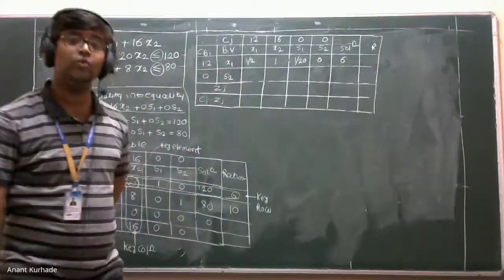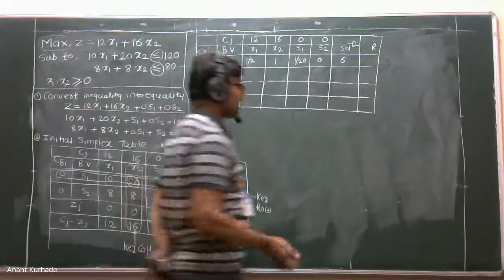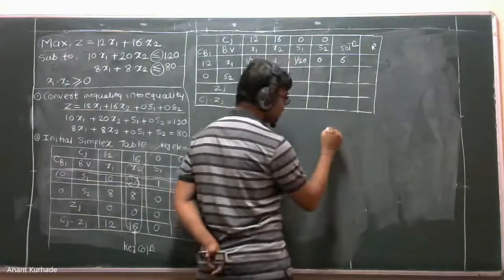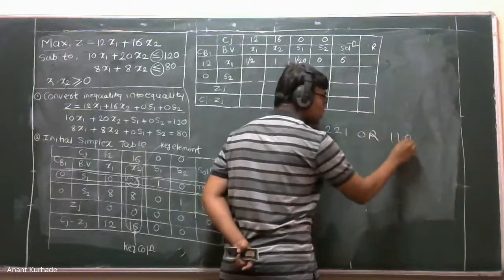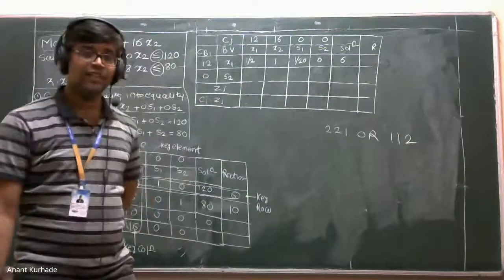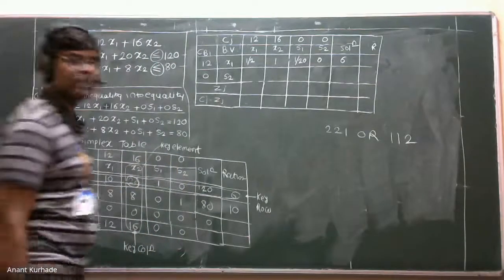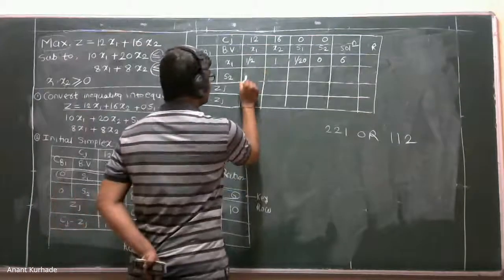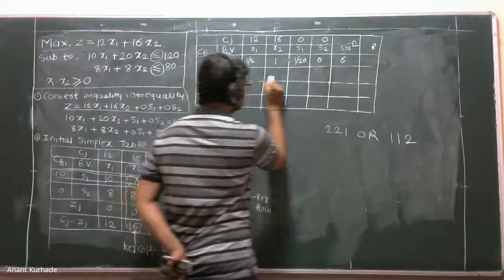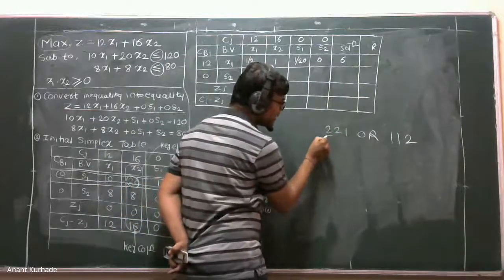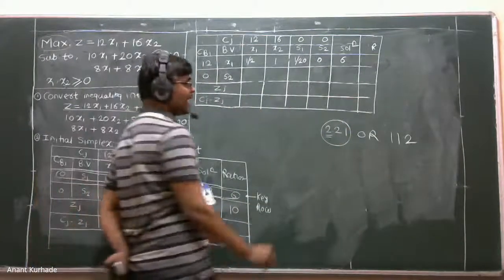So we have to use this; already yesterday we have discussed it. Remember this 221 or 112. Why 221? Now see, when it is 222, this is your key row. Now we are writing the values for the second row, so use this 221. So you can have that formula.